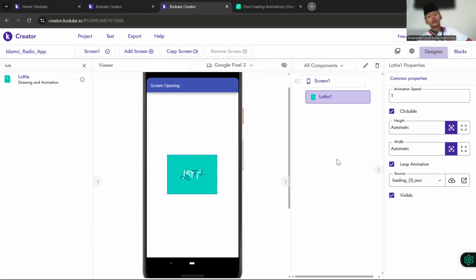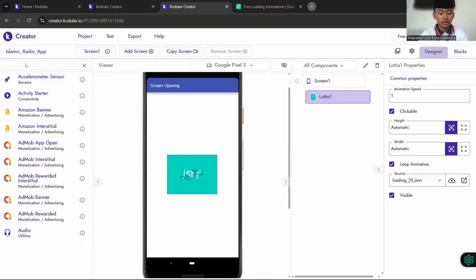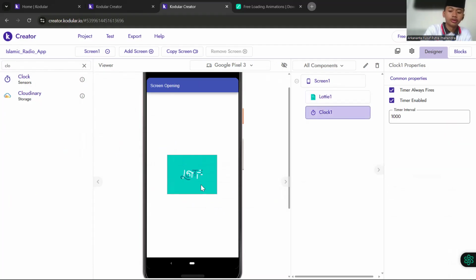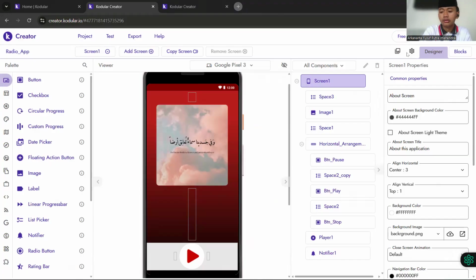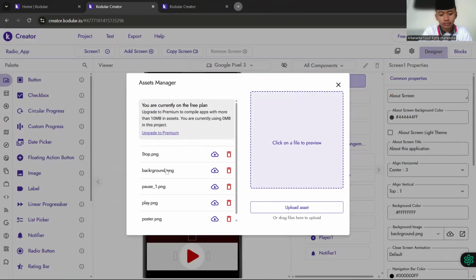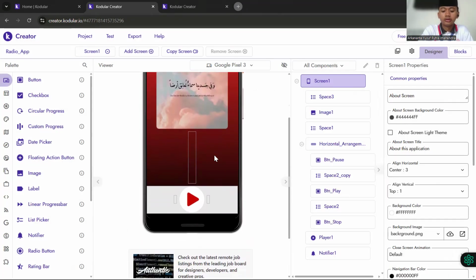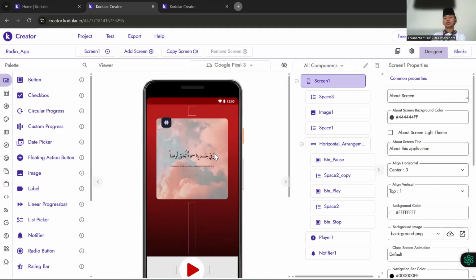After Lottie, we need to add a clock. You drag and drop it below the Lottie like that. Literally, we have to make it like this.